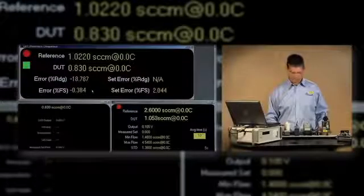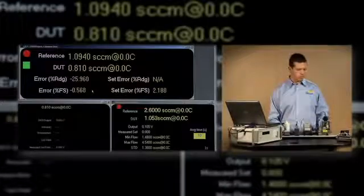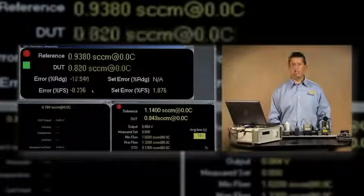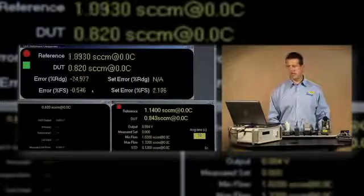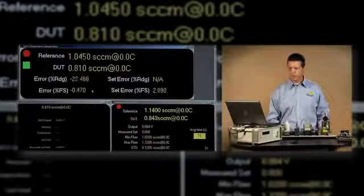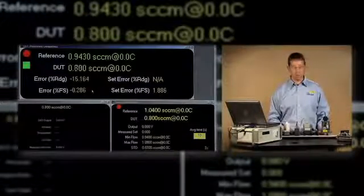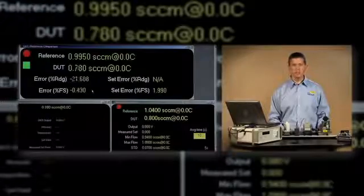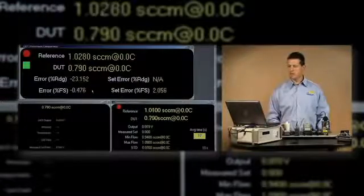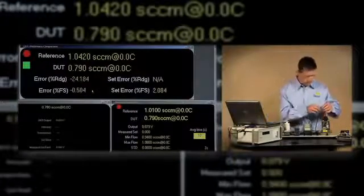Depending on procedures you have, you may need to or want to close the isolation valve and remove pressure from the MFC or even cap off the end of the MFC. I think since we're using measurement error rather than control set error, I can just as well take the reading just like I did during the automated test, which is to allow the MFC's valve to close off the flow as best it can and compare the measurements between the MOLBLOC and the MFC as they are. So right now both of them are a little less than 1 sccm,